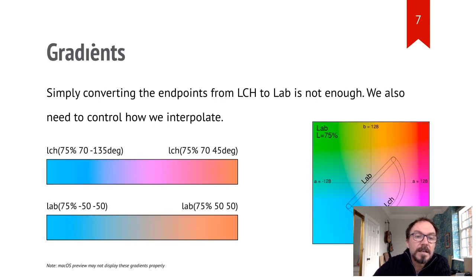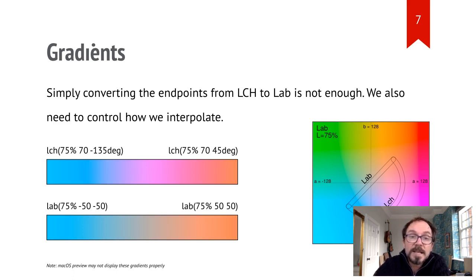On the next slide, you'll see there are problems with this. If you have a gradient with LCH colours at either end, you might expect it to interpolate between those endpoints in LCH. But as you can see on the left, if we convert to lab and interpolate in lab, we get wildly different results, even though the endpoints are identical. By the way, the current published version of CSS specifies that all gradients interpolate in sRGB, but this is under discussion, and I'm assuming this will change at some point.